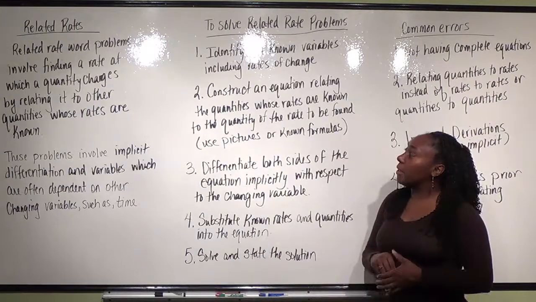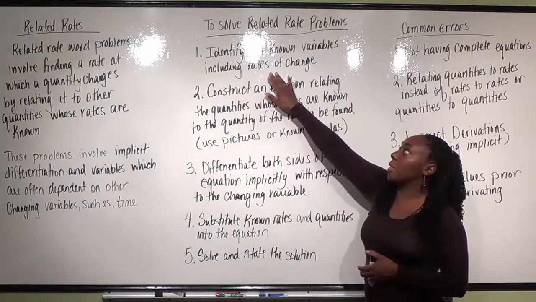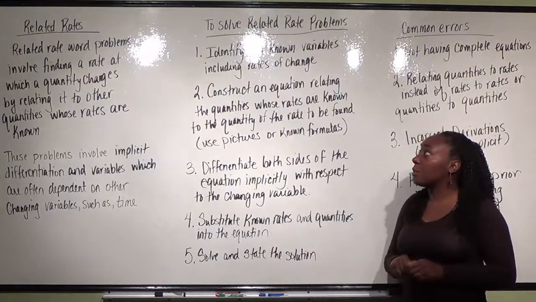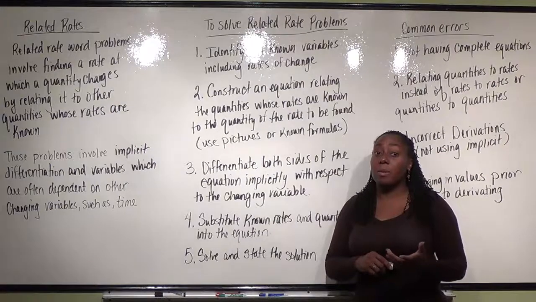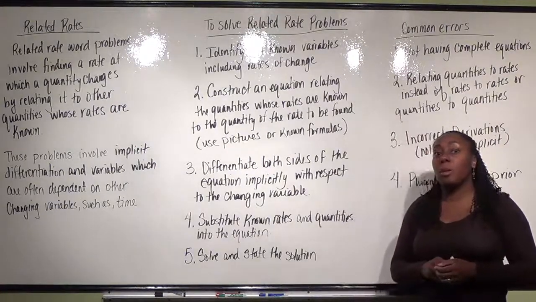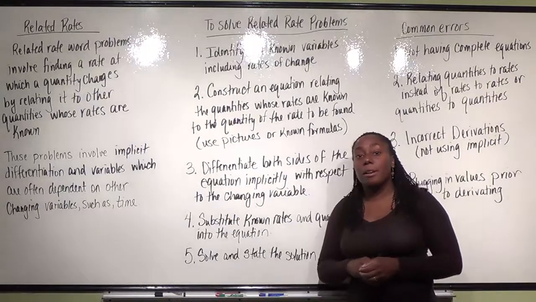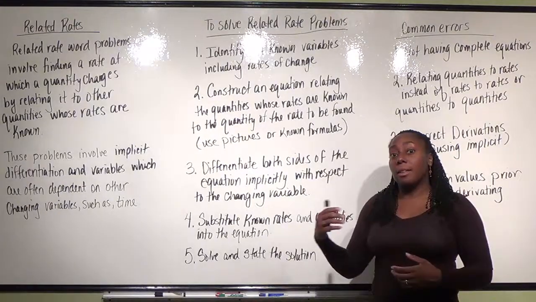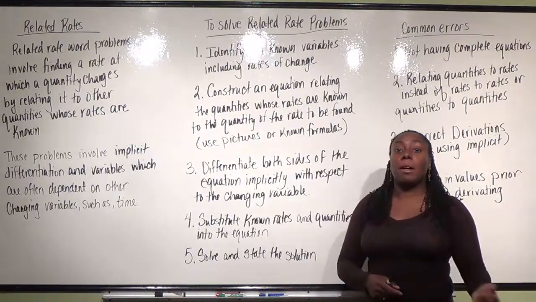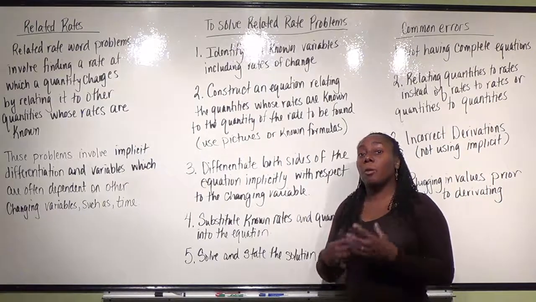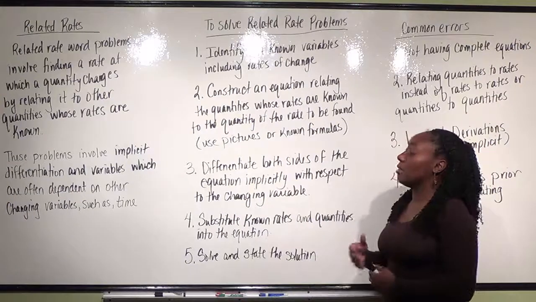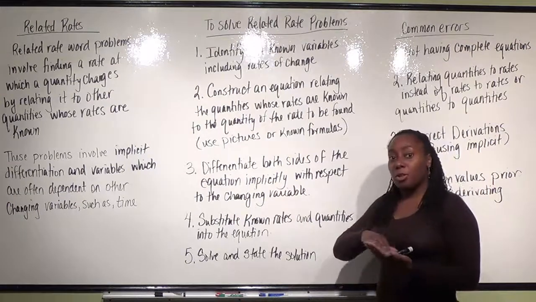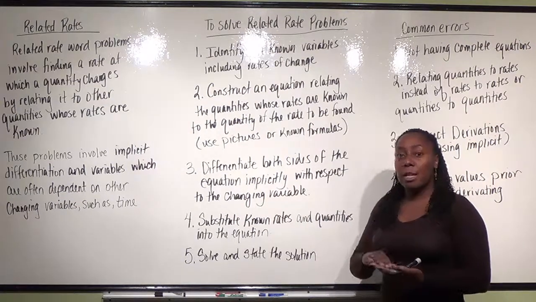To solve a related rate problem, the first thing we want to do is identify the known variables, including the rates of change. That means including the derivatives. So sometimes maybe I know that I have a height and a length, and I know the rate that the height is changing, and I want to find the rate the length is changing. So I need to know both the h and the l, but I also need to know dh/dt